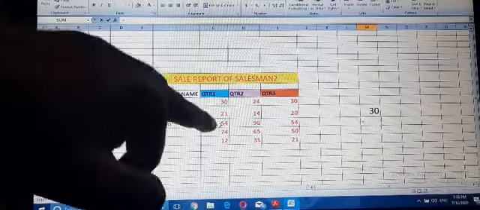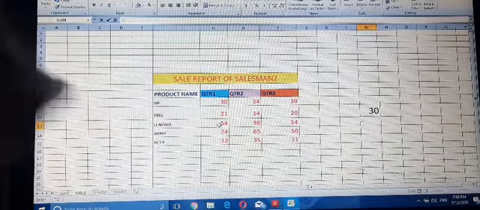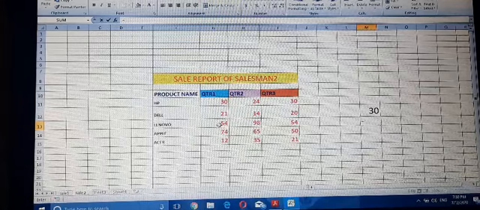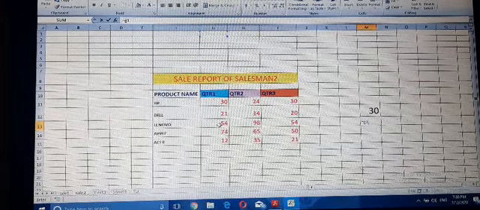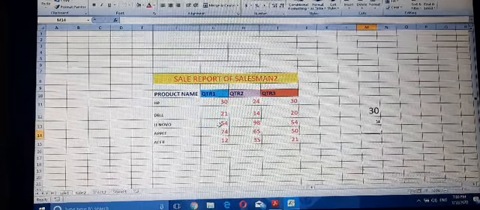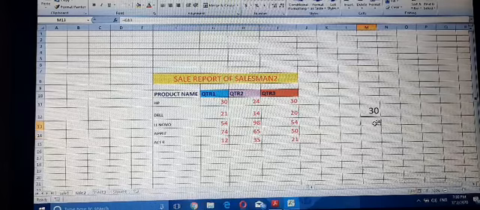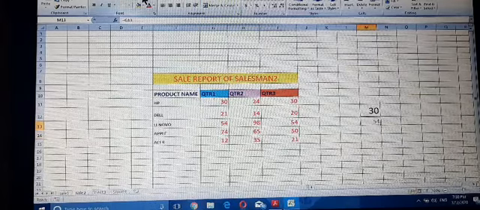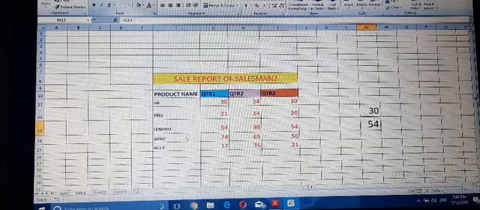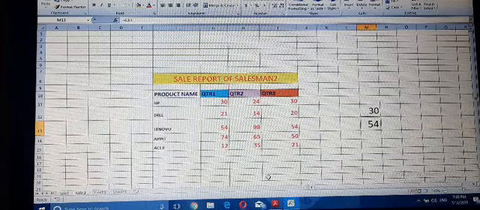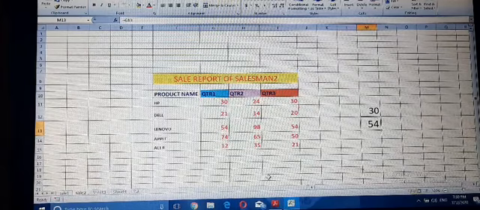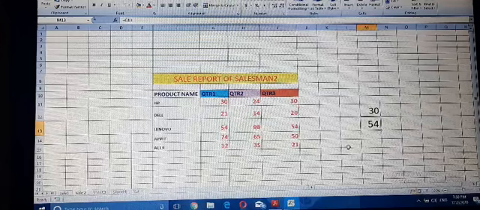Column G and row 13, so the address is G13, 54.